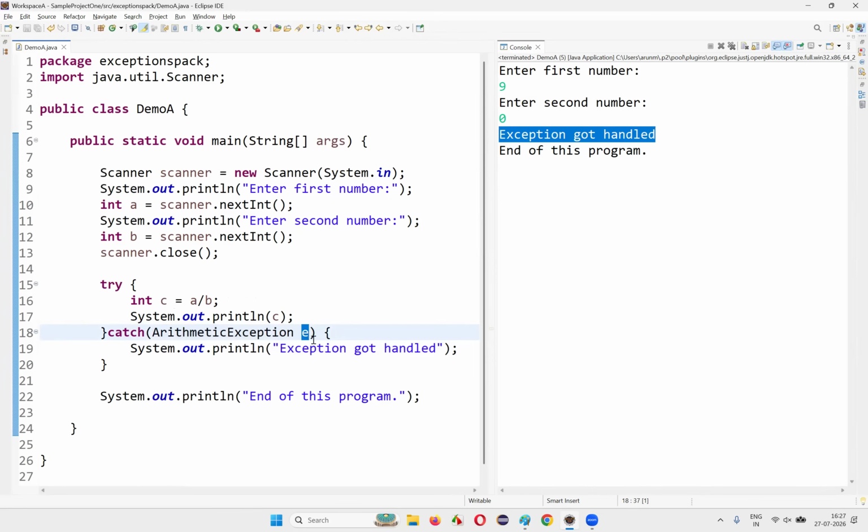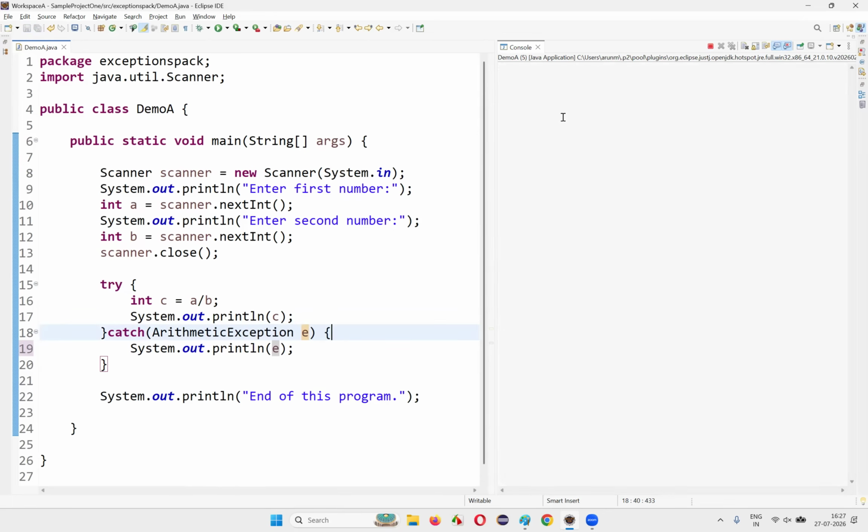Whatever the object reference is, copy that, and in place of this particular message, I'm going to put that object reference. The object which is created for that exception class at this line will be stored into this e. If I print that object reference, I'll be getting two things. First is the type of the exception. Second is the reason for the exception. So let's run this code and give the inputs